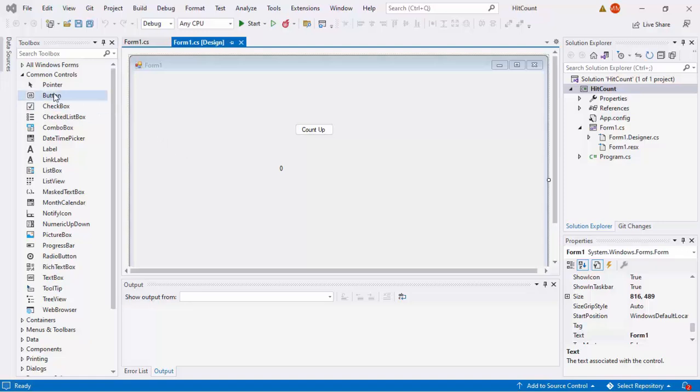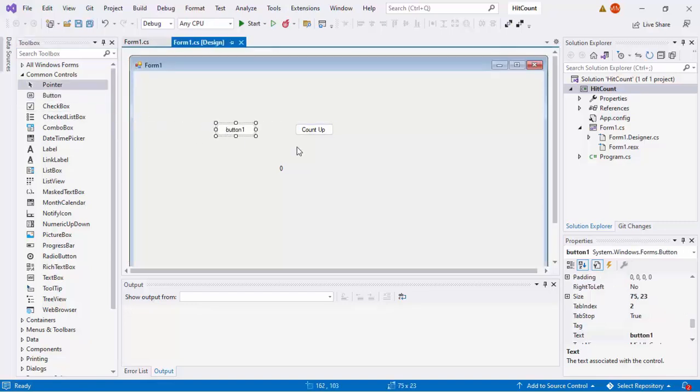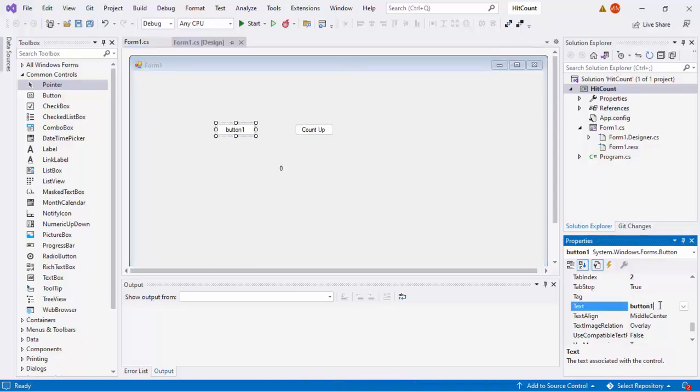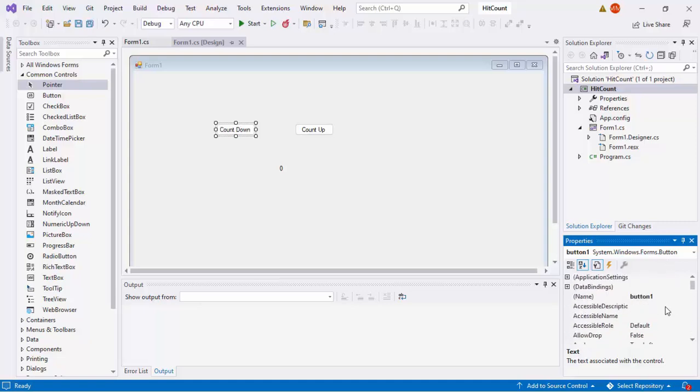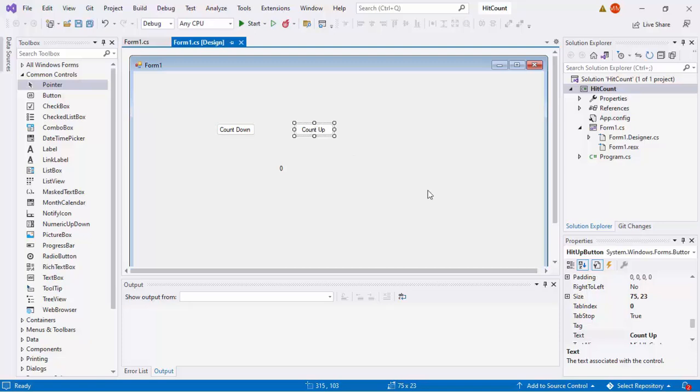So let us first drag the button that we want to use. So let us quickly do what we did for the count up button just now. The caption changes to count down. The name, let us follow the same naming convention.